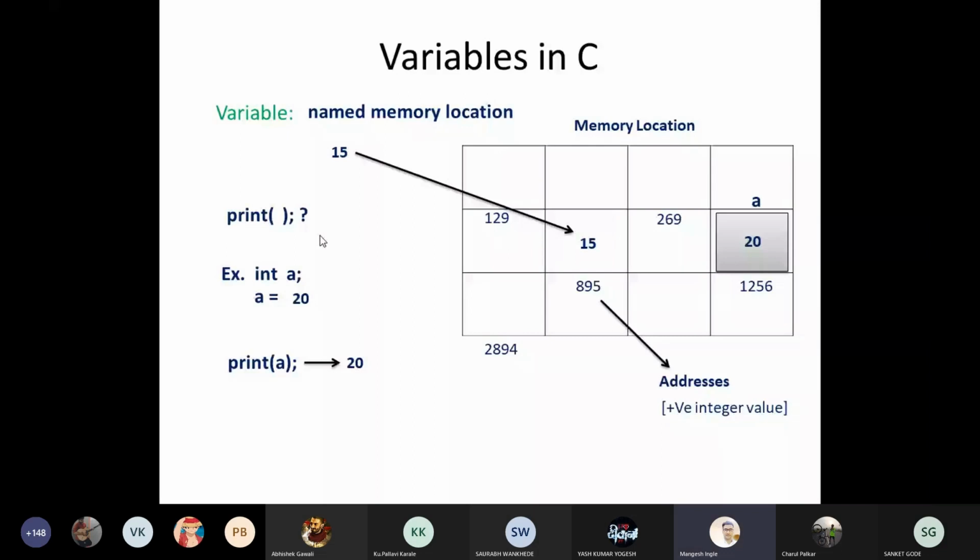In the interview process at final year, if the interviewer asks you the question, tell me what is variable, in front of that interviewer you just reply this way: sir, variable is nothing but a named memory location. That's it. That is the correct answer. Correct and complete answer. No need to stretch it. Not 'variable is like value can be changed' or 'variable is used to store.' No. The definition should be: the variable is a named memory location. The interviewer will not ask the next question on variable, because he understands you know each and every concept related to C programming. So that kind of thing you need to remember.